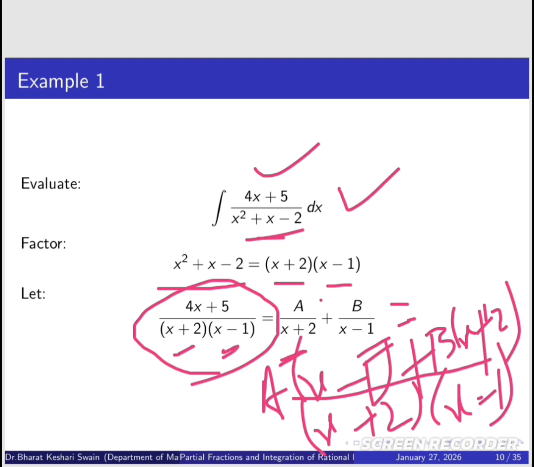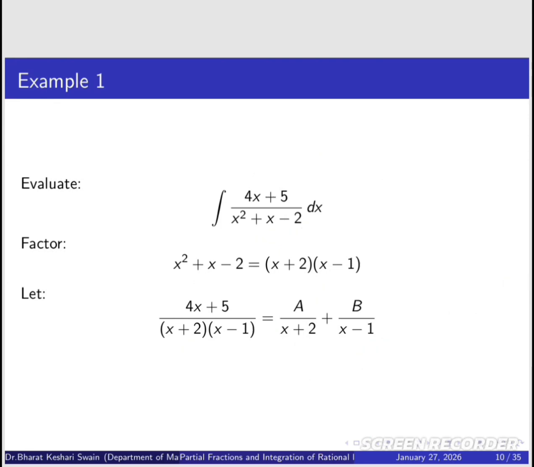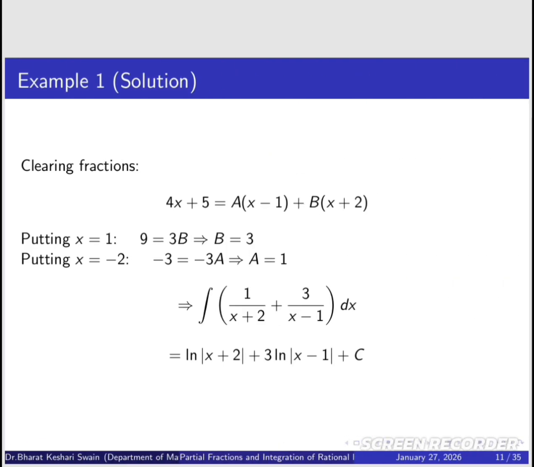Now on both sides, your denominators are the same, (x plus 2) into (x minus 1). So they are not zeros. Just multiply on both sides by (x plus 2) into (x minus 1), or you can cancel it also. So after cancelling the denominator, on the left hand side this is 4x plus 5, and on the right hand side it was A into (x minus 1) plus B into (x plus 2). Now from this